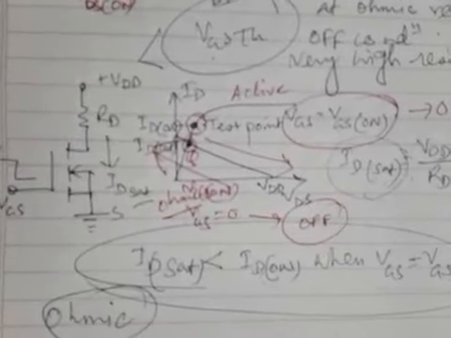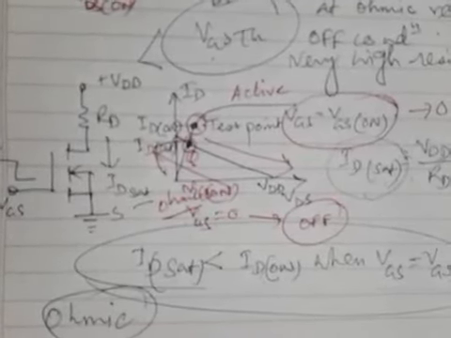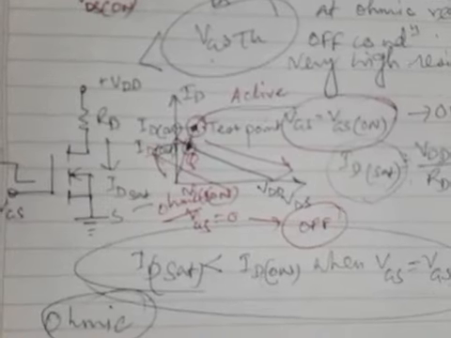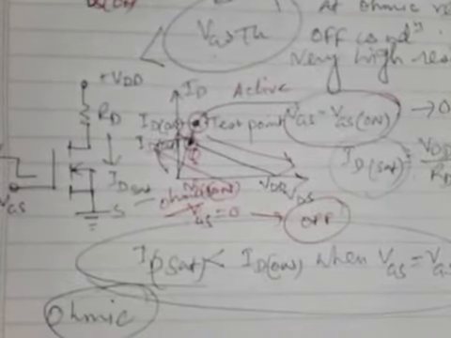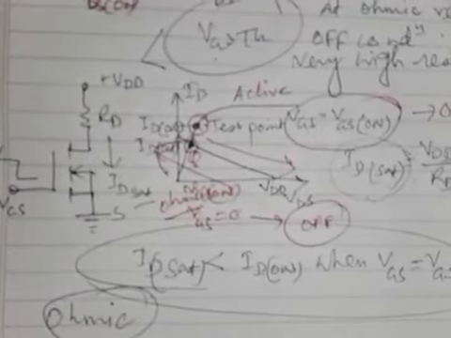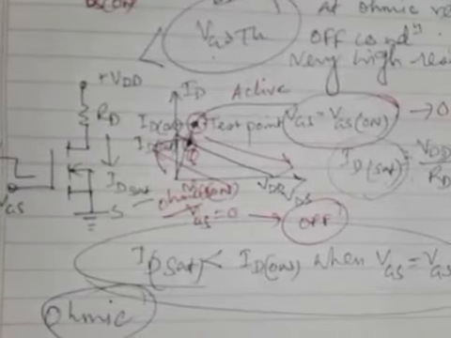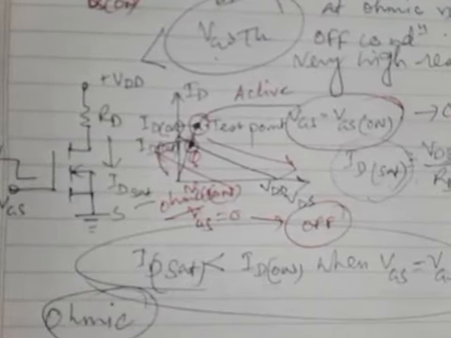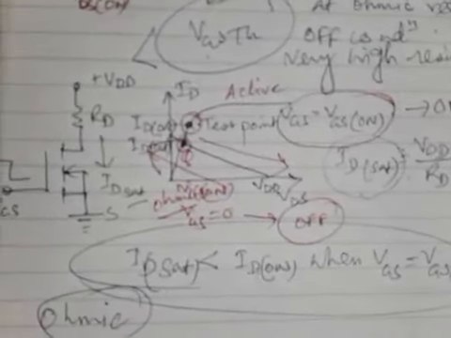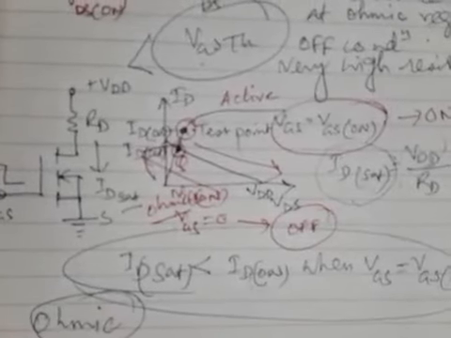In the ohmic region it will behave like a resistor, in the active region it will behave like a constant current source. So in this way, considering all these discussions, we can establish that the MOSFET can well behave as a very good electronic semiconductor switch. So that's all we have from this topic. Thank you.